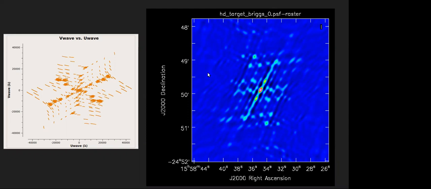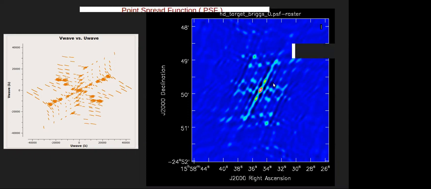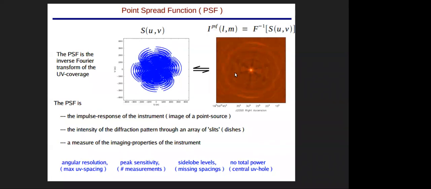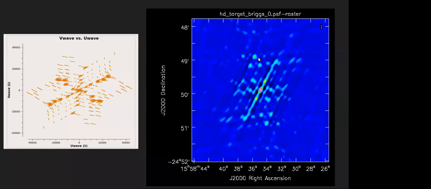And you have a PSF image of that. This image is a Fourier conjugate of this UV sampling function, and this is what your PSF looks like, and this is not a good PSF in comparison with the previous one. You see that in that case your PSF looks extremely good. However, for your data set your PSF is not good. The basic reason behind that is your sampling function is not good.